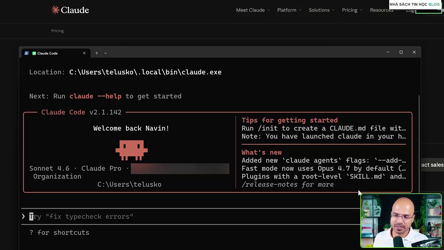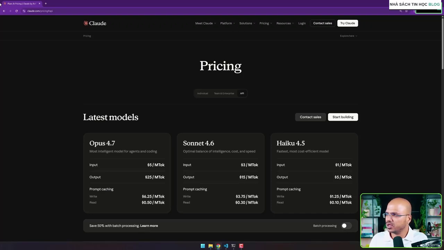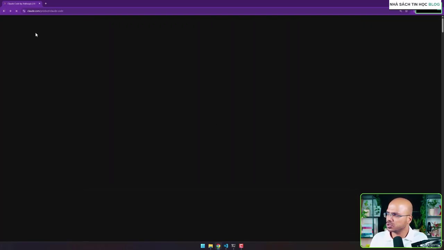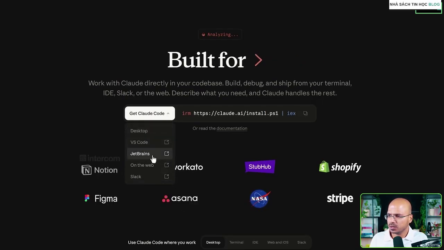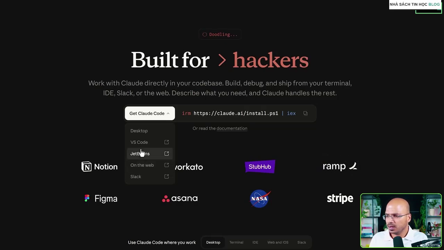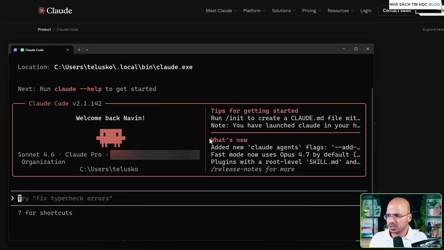Now you can use any IDE here. We are going to use VS Code. If you're using Java or some other frameworks, try different IDEs. For Java, you can use JetBrains IDE like IntelliJ IDEA and many more. You can try those, provided extensions are there. In fact, you can also check on which particular platform they have the extensions. If I go back to the home page and expand this, you can see you can get it on VS Code, JetBrains, and on the web as well. But these two are majorly used, so we'll be using that. So this is how it looks like.